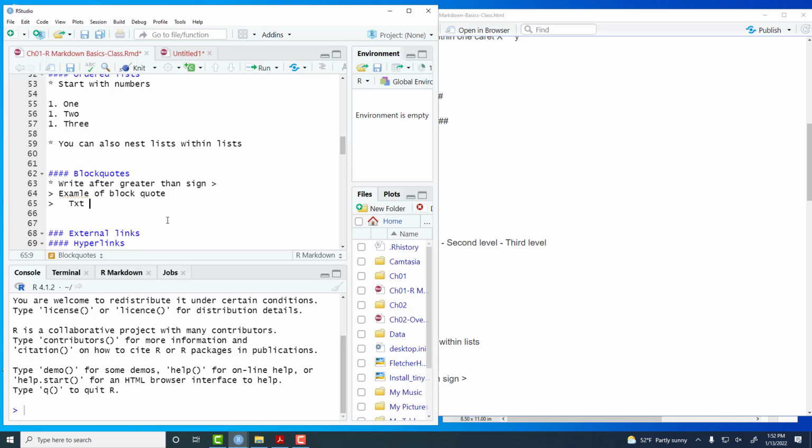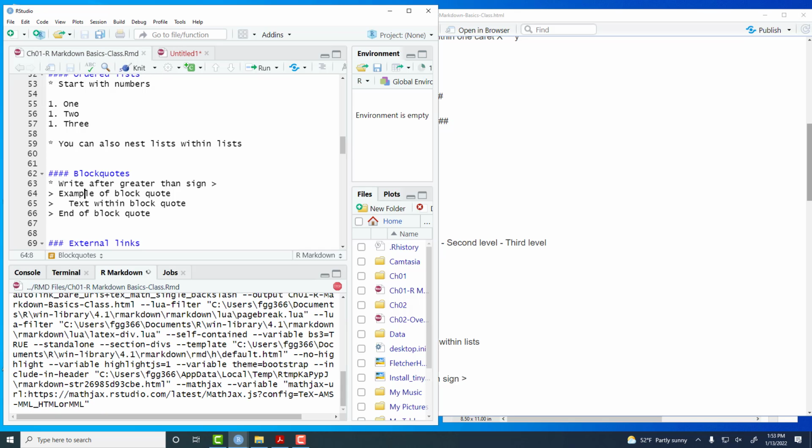So text within block quote, and you can have any number of lines you want. End of block quote example. All right, so if you do that, and then you knit that,